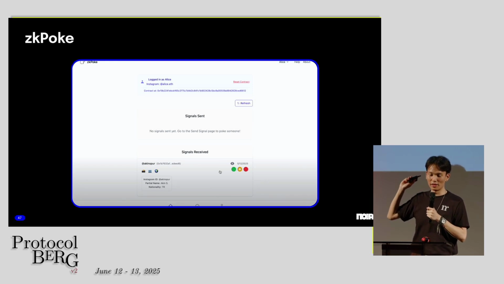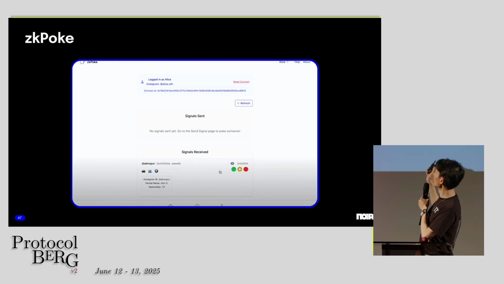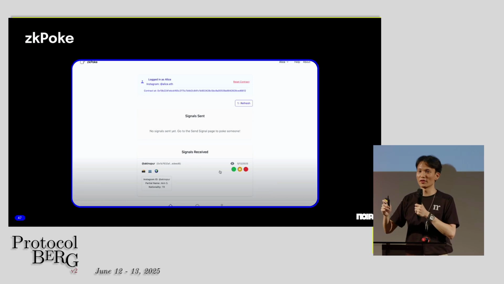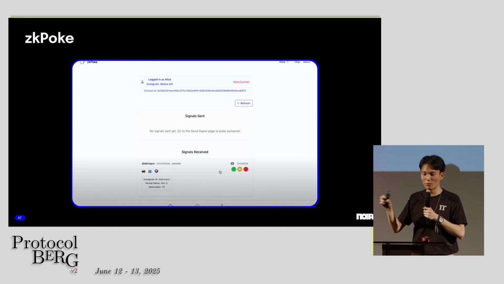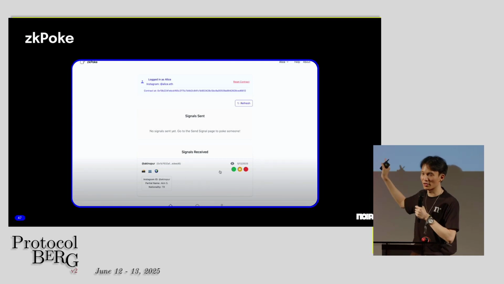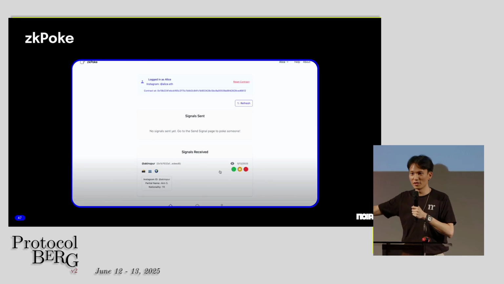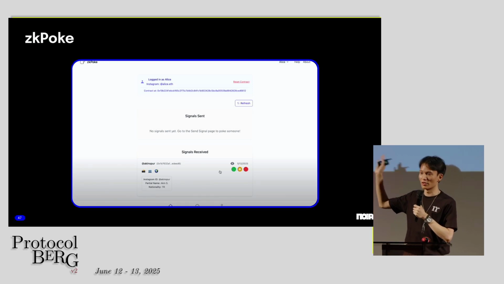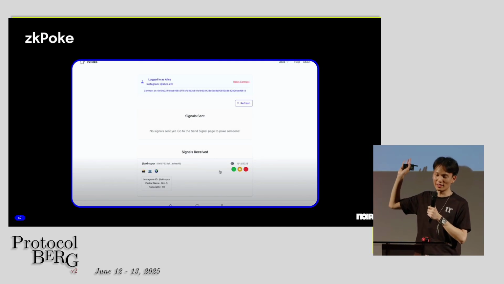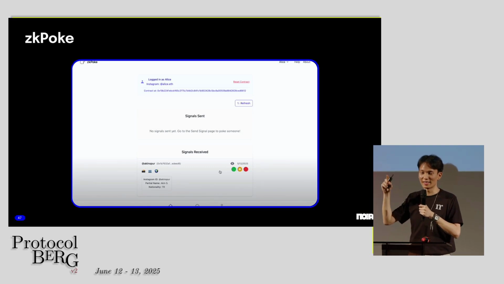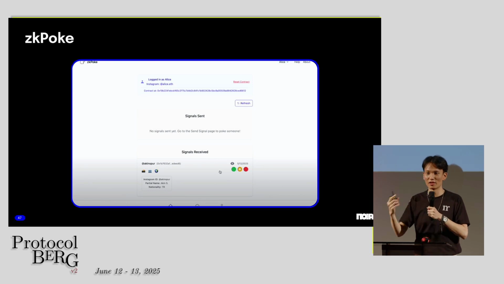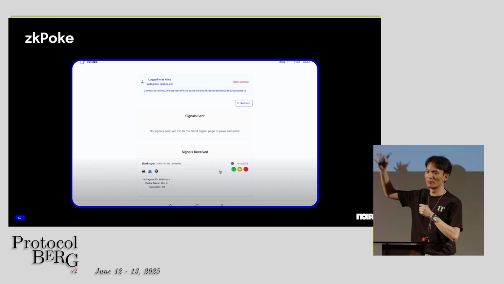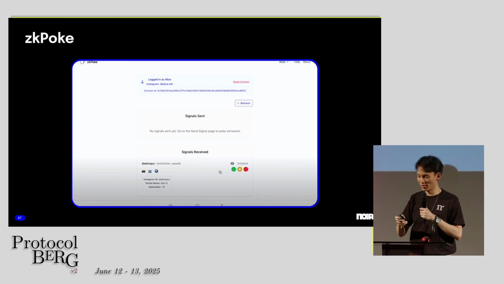And then there's also the beautiful team at ZK Poke that works on social with Noir through signaling the intention that you want to connect with some person. It could be evolving into a dating app, it could be evolving into a business application, but basically what it does is that you can share some information about yourself before actually connecting with the person. So for example, you can share your first name, but not your last name. You can share about your hobbies without, for example, maybe your religion. You can share about which country you are based in, but not necessarily the city. And only until the other person accepts your signaled intent and is willing to connect, share the information with you, at that point you will be sharing more information with that person. So you kind of get a 2-level or maybe even multi-level of trust based on personal information when